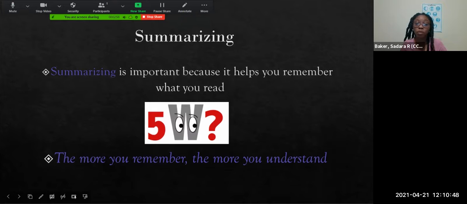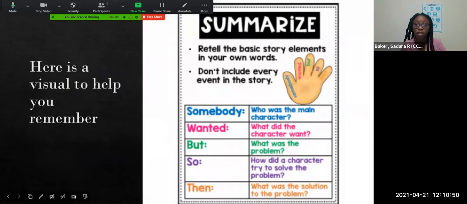Here is a visual or an illustration to help you remember. If you want to take a picture, just reach out and let me know, and I'll make sure that you get that. But this is a visual to help you remember those 5 things. So here on the screen,